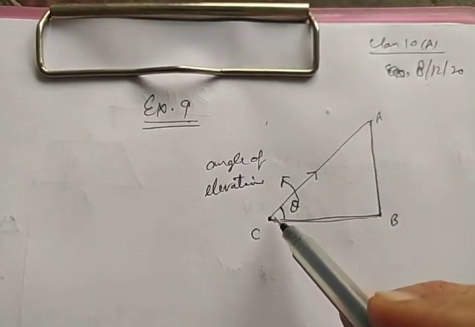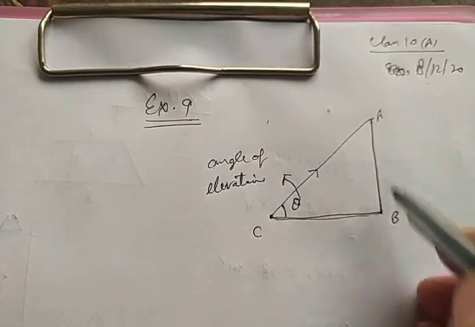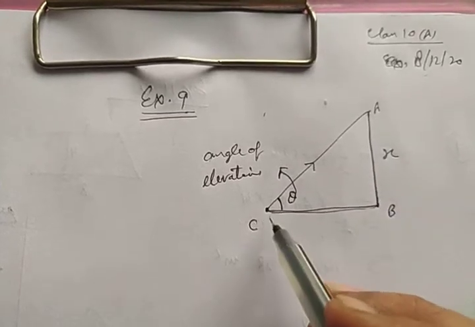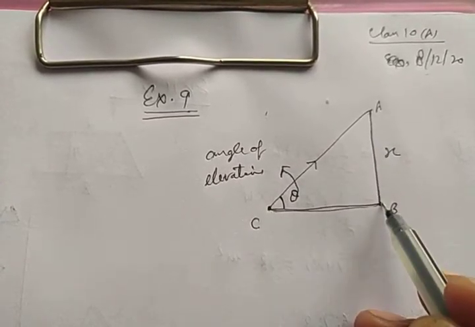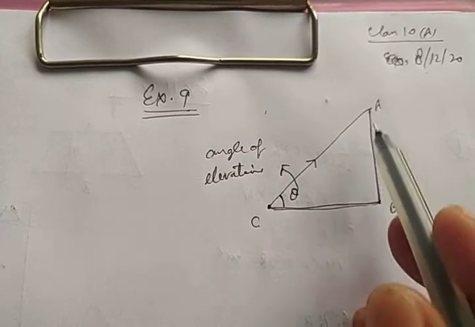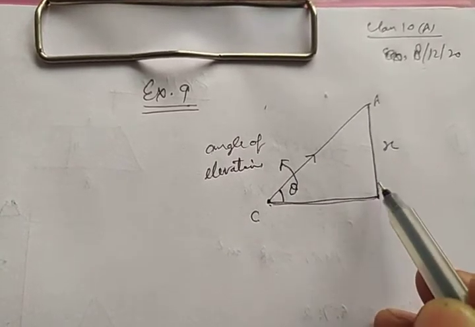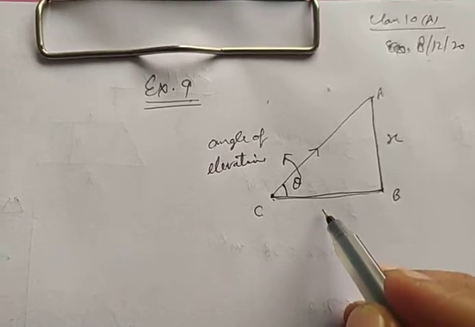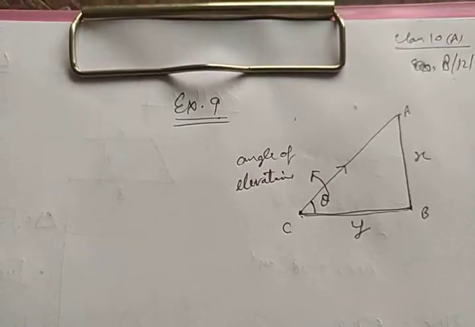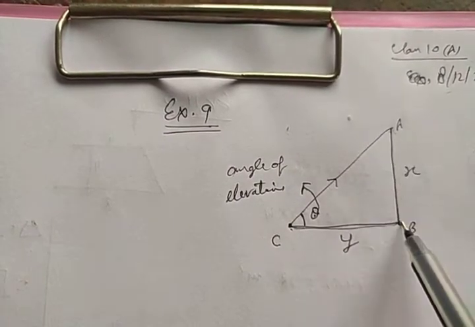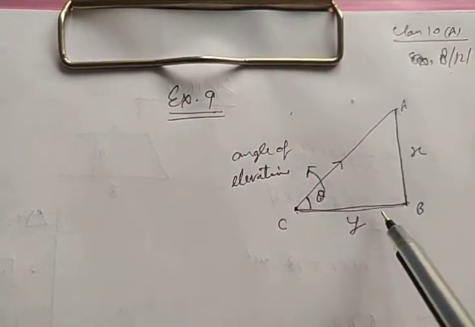Now this is looking like a right angle triangle. This is perpendicular, and this may be taken as x, and this is the distance of the observer from the foot of the tower, building, whatever it is. This is the horizontal distance from the foot of the standing object. Then let's take it y. Now you are having three elements. One is theta, and this height, and this horizontal distance.